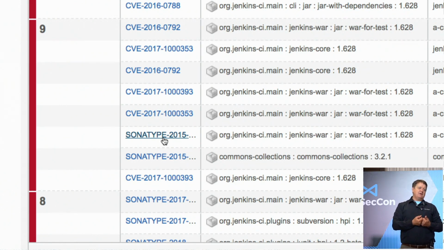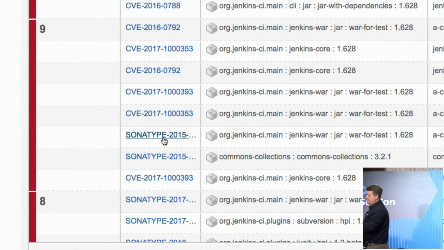There's 500,000 plus events where people are checking code into GitHub. We look at all of those, and any of those that are security related go to a curation team. We have 65 full-time data researchers that look at those approximately 700 events a day, and if any of those are security related, they will actually raise a Sonatype code against them. I'll give you a demonstration of that.